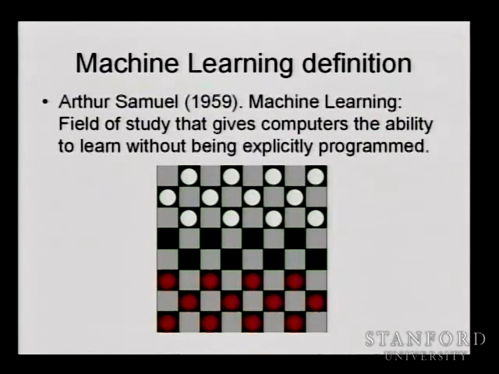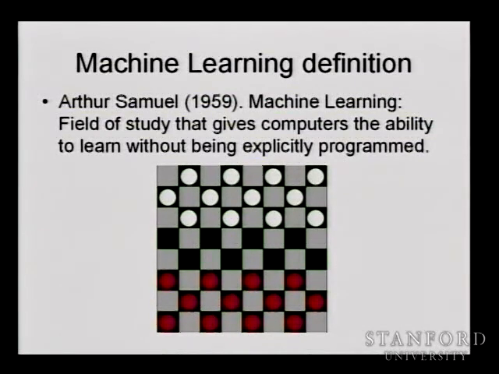So over time, it learned things like, gee, if I get a lot of my pieces taken by the opponent, then I'm more likely to lose than win. Or gee, if I get my pieces into a certain position, then I'm especially likely to win rather than lose. And so over time, Arthur Samuel had a checkers program that would actually learn to play checkers by learning what board positions tend to be associated with wins and what board positions tend to be associated with losses. And the amazing thing about this, way back in around 1959, was that his program actually learned to play checkers much better than Arthur Samuel himself could.